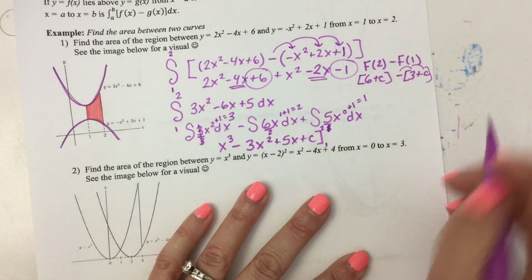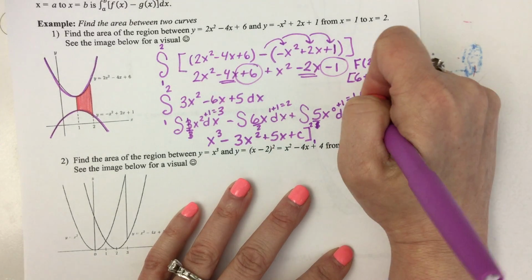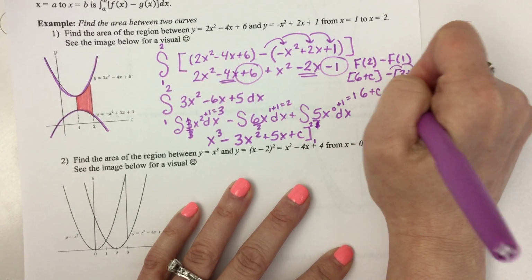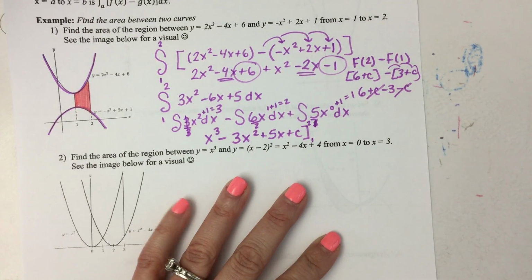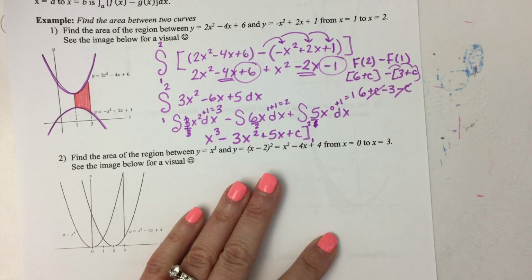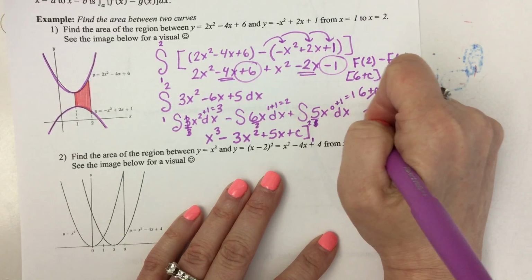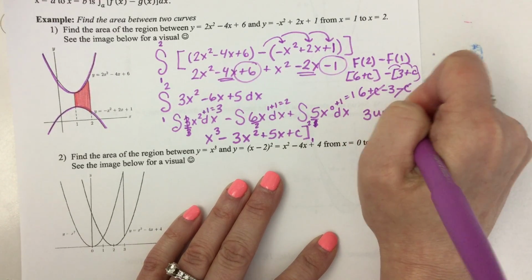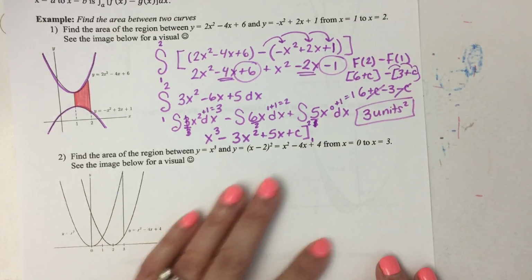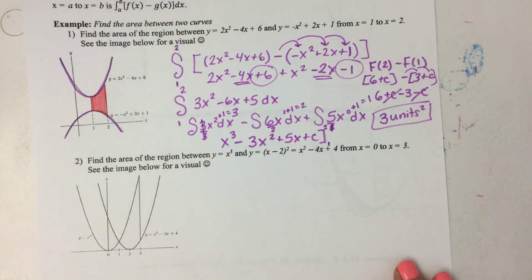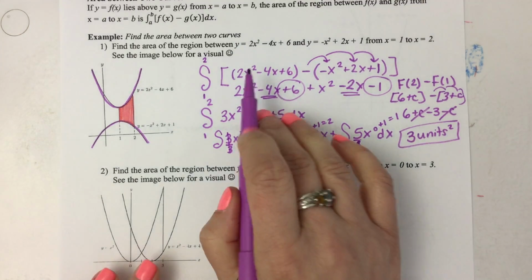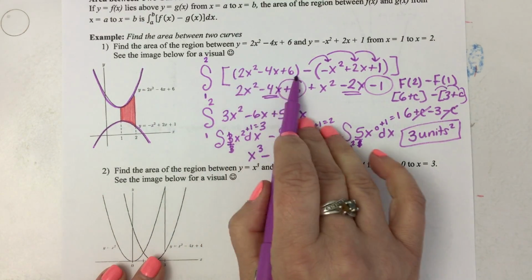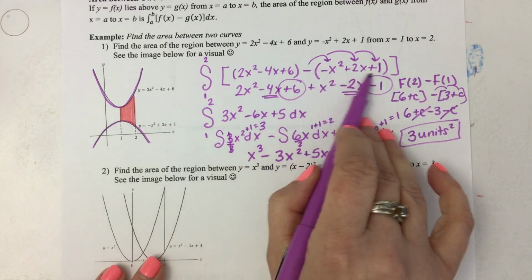Remember, this negative does have to go into both terms, so I have 6 plus c minus 3 minus c. Plus c minus c cancels. With the fundamental theorem of calculus, the c's always cancel. 6 minus 3 is 3. It's area, so it's 3 units squared. You just have to realize that whatever curve is on the top goes first, minus whatever curve is on